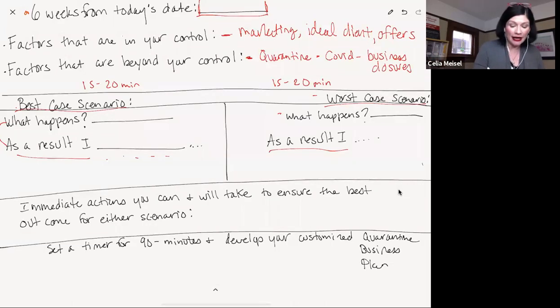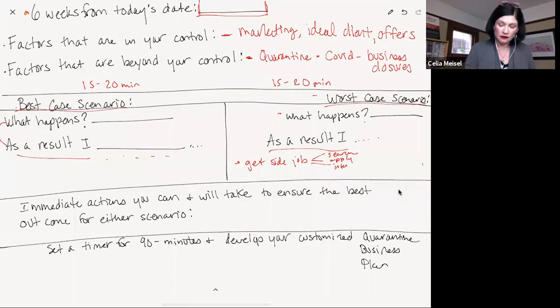This could also look like, you get a side job, maybe. So if you have to get a side job, there are action steps as a result of that, right? You have to search for jobs, and then you have to apply for them, and then you have to have interviews. So within each of these scenarios, there are these associated results that happened and the associated action steps that you take. And you're able to create a clear plan for yourself no matter what happens,